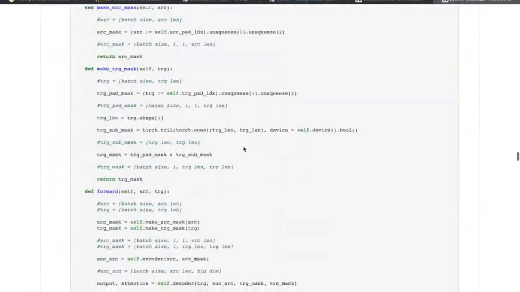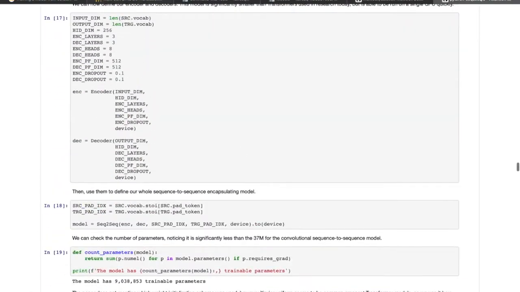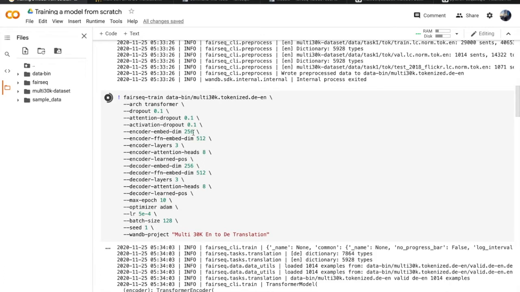This is specified here as encoder dimension to be 256. So I use the same encoder dimension, 256, and the same with the decoder embed dimension, which is 256.